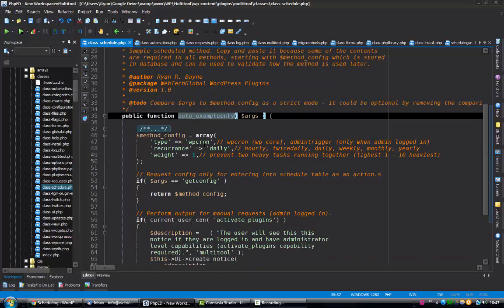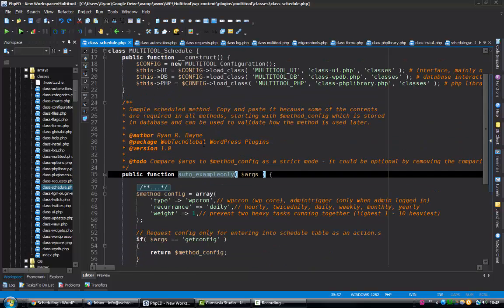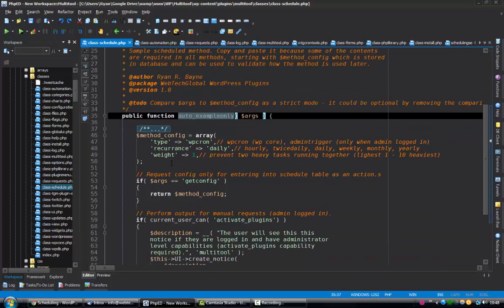This is an example here. We add them to the schedule class, and all of these methods, like this one, will be loaded automatically. So for example, if I one day decide I want to automate a specific function, and it could be another plugin, it could be the core, the WordPress core, it could even be a function in your theme. We want to automate that function, whatever that function does. It could be sending an email, some other sort of processing trigger, whatever that function does,